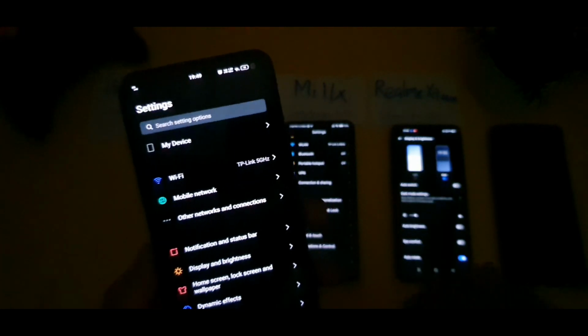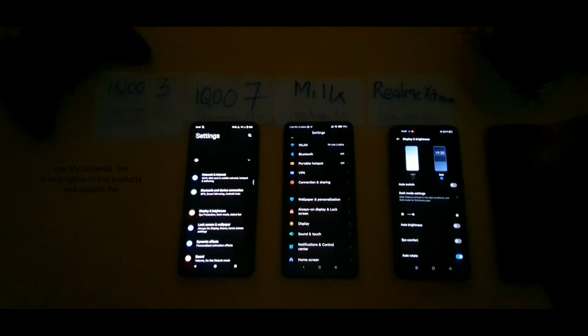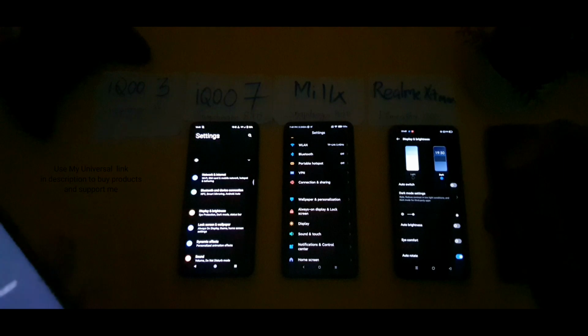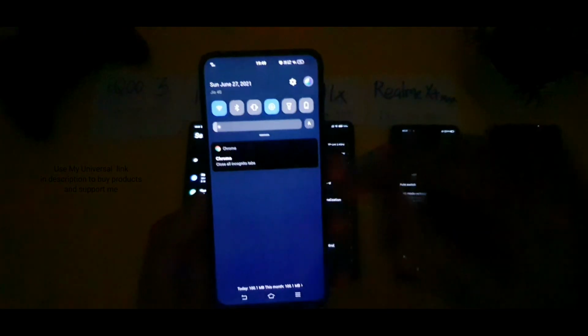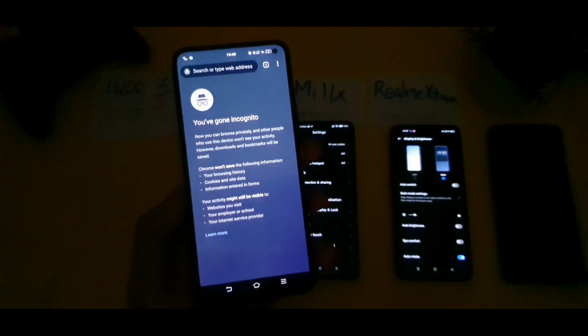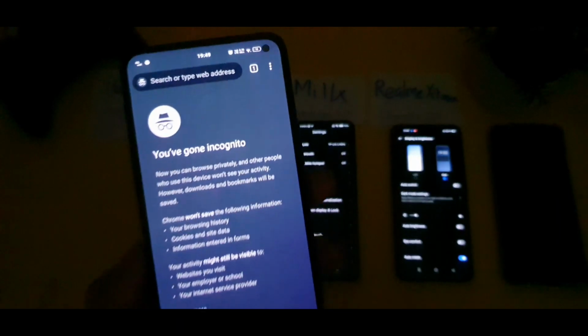So let me open Google Chrome. Google Chrome is another good way to see whether there is any green tint problem in this phone. Whenever you open Google Chrome, go to incognito mode, only then you will be able to see whether any green tint issue is going on. Right now, as you can see, this is perfect. At this point I cannot see any kind of green tint problem in the IQ3 device. You can see clearly, friends.